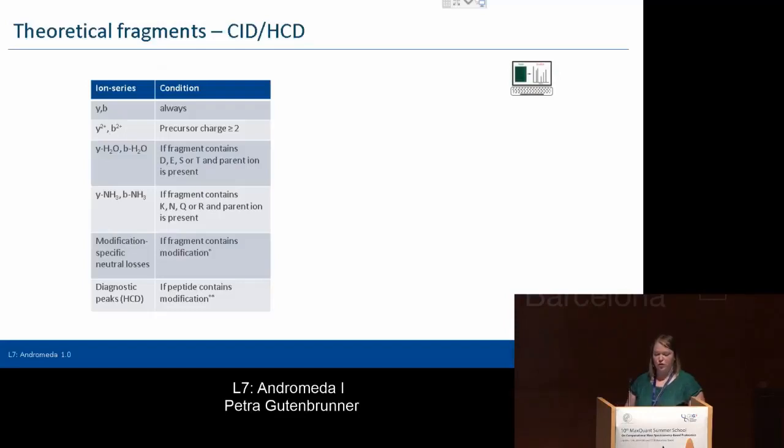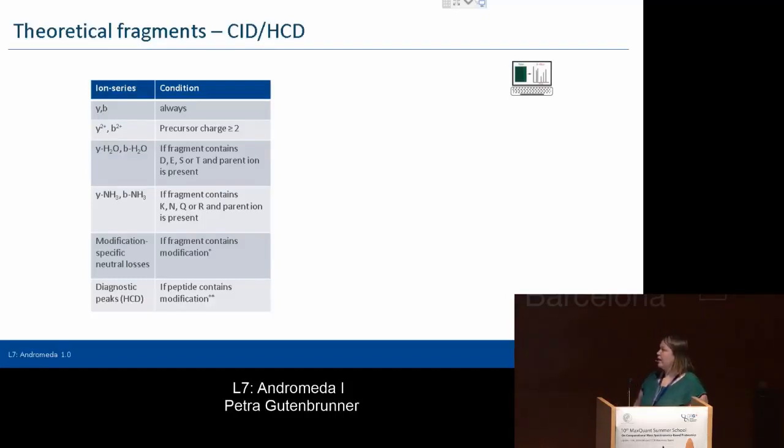So to offer all these ions in the theoretical spectrum, we do different combinations here. For CID and HCD, as I mentioned, this is our B and Y ions. And then at the beginning, I told you that sometimes in order to detect the isotopic pattern and to convert higher charges to charge 1, the resolution is important. But if you're working with a file that is not high resolution, then you can't transfer higher charges to 1, so you also have to offer the higher charges in the theoretical spectrum. And that's why we do this here, but this depends on the charge of the precursor, so this should be at least above